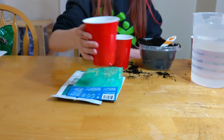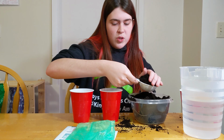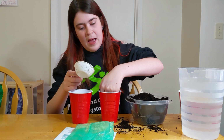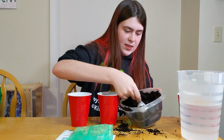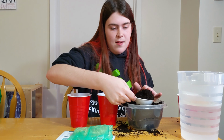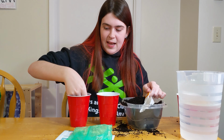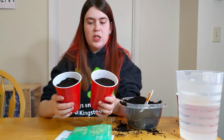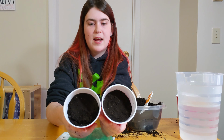So now that our seeds are there, it is time to add more soil on top. So now we remember our seeds wanted 2 inches of soil on top. So we're going to add on those 2 inches of soil on top, patting it down just a little bit as you go. So I think that's good on the first one. We're now going to add some to the second one, patting that down too. So it's okay if your cups are not filled all the way to the top. Mine aren't. I've got a little bit of space, but I know that my seeds are nice and buried